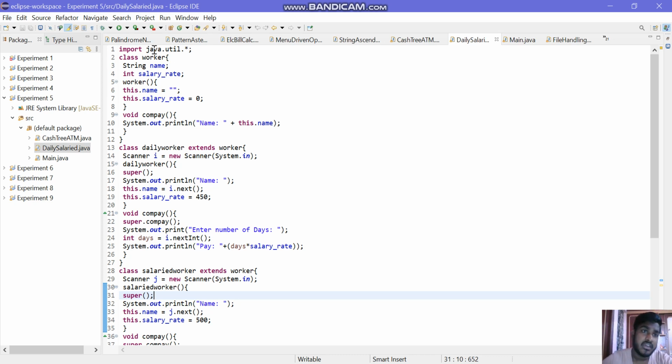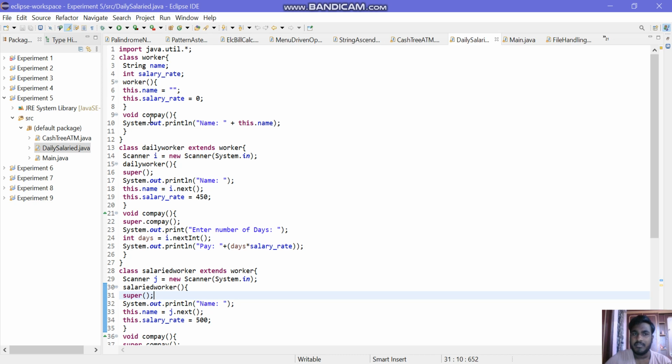So I'm creating a super class, Worker, and I'm entering the name and giving the salary rate, then using the this keyword for name and salary rate. Since we have already used the variable name, to avoid the clash, I'm using the this keyword. The name I give as an underscore alone, because we are not giving any particular name; we are only going to give the name on the output screen. The salary rate I'm giving as 0, since we are giving the salary rate later in the program below. The void comPay is the method we are adding, that prints the name plus the payment.